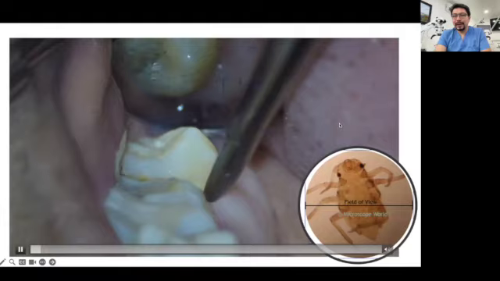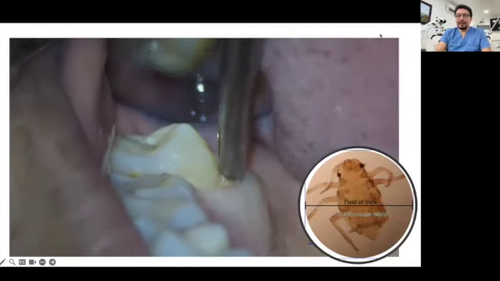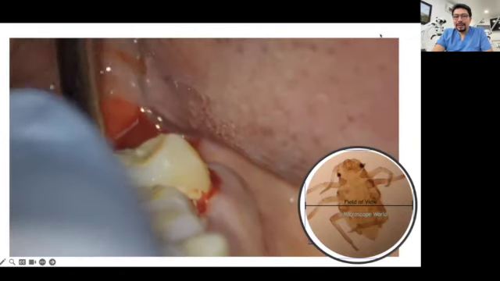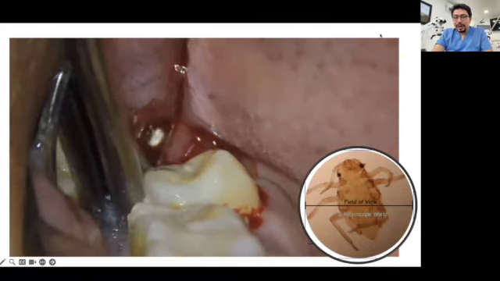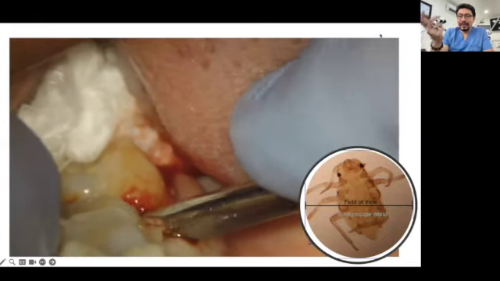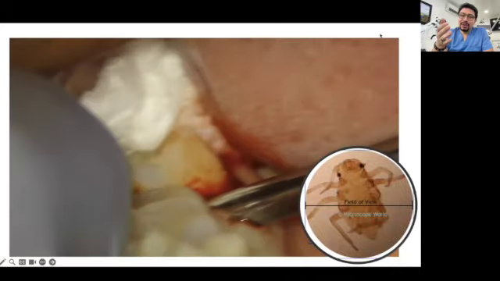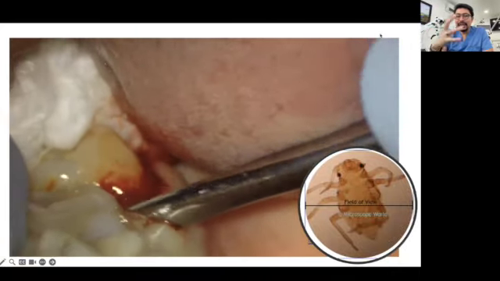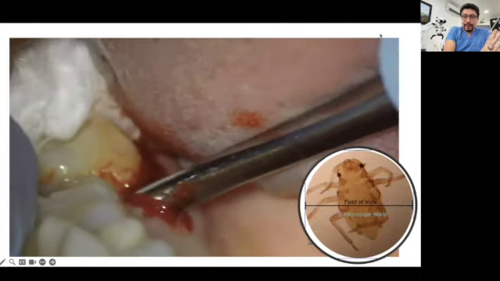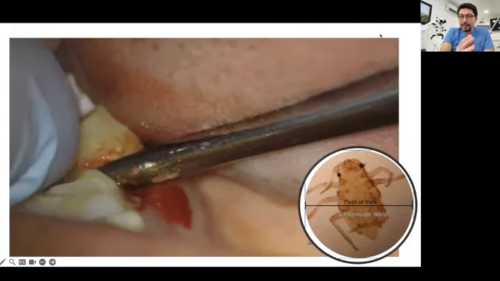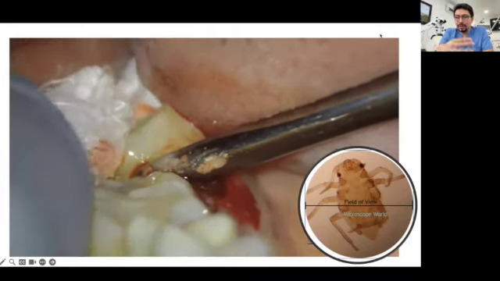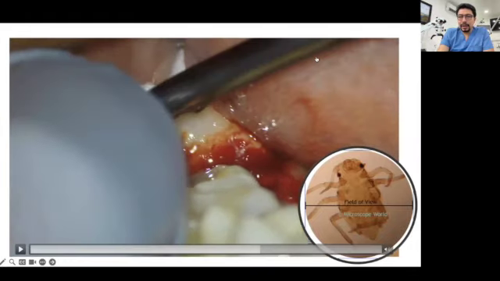For example, look at this. We are doing the extraction of a third molar there. We don't need this magnification. We have the patient at risk because we are not analyzing and not taking care of the adjacent structures. So it does not help us to work at that level of magnification. You see, the patient moves a bit and is getting out of the field of view. And the patient moves a bit and you go out of focus. So for this procedure, it's not necessary to go so high in the magnification. Of course,